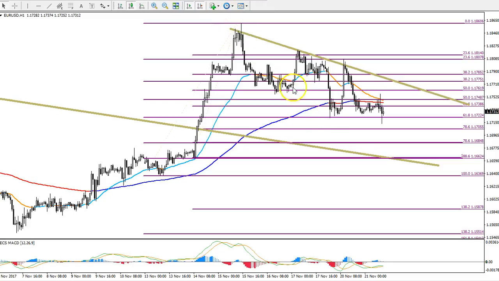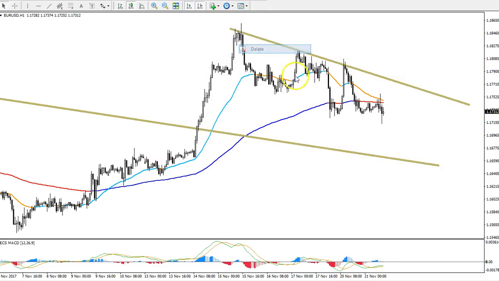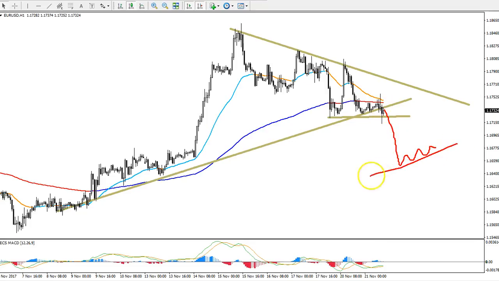What I would like to see, let me get rid of this fib, is basically for price to show a breakout and then a bear flag and continuation. So for that, I need to see break, pullback, continuation, and I would be trading it to the downside. We are also at the support trend line trying to break through it, but don't forget we still have this horizontal support to deal with. So what I would like to see is a break like this, a bear flag, and I would be trading